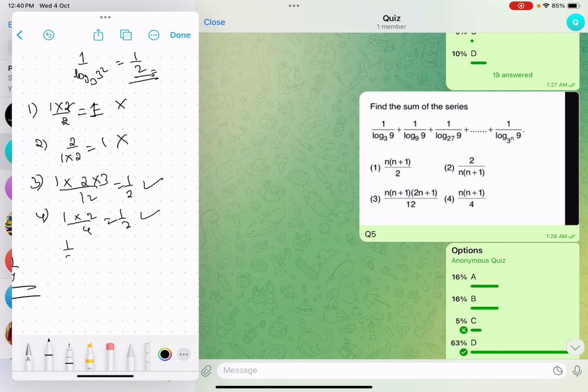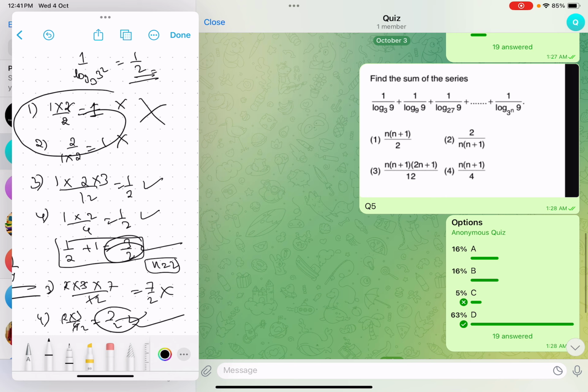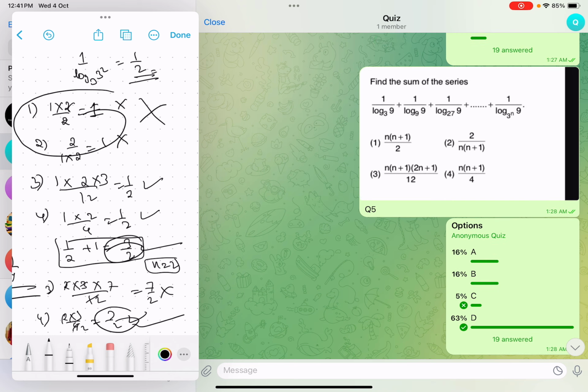So the first will be 1 by 2, second will be 1. So we'll get 3 by 2, okay? So when we put n equal to 2, we should get 3 by 2. We'll check the options, okay? These two are already discarded, no need to check. The third option directly, so n equal to 2 will give 2 into 2 plus 1, 3, 3 to 6, 7 by 12. This will give us 3 to 6, this will give us 7 by 2. Wrong, because we need 3 by 2. Let's check the fourth option. 2 into 3 by 4, so 3 by 2. Bingo, we got it. 3 by 2 satisfies. So fourth is the answer to this question. That's it. This was it. I hope all the questions are